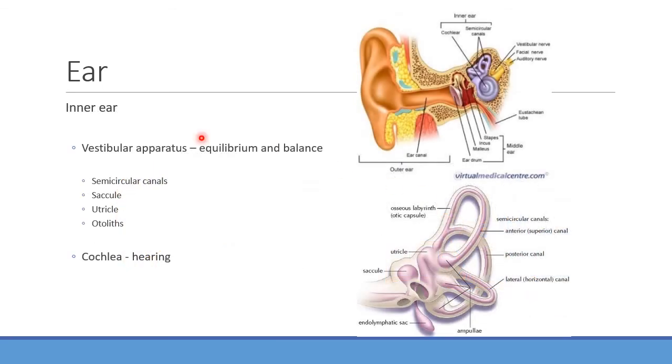Looking at the inner ear, we're going to notice our vestibular apparatus is where we have these semicircular canals. You can notice them here, and I typically have 3 of these. And what do you notice about the orientation?